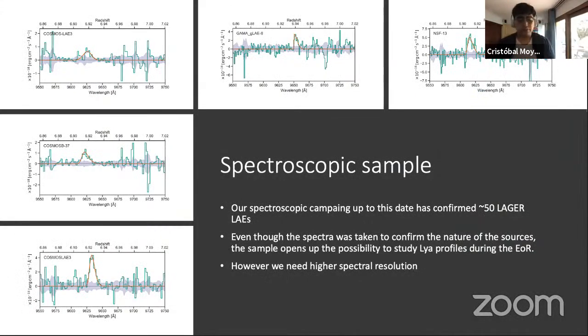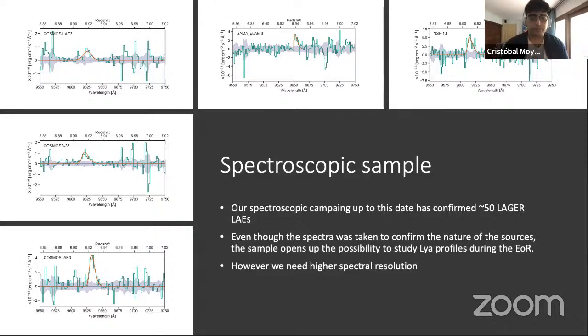Of course, you want to confirm these objects to see if you're actually able to find these Lyman-Alpha emitters at this redshift. So far, our spectroscopic campaign using the IMACS and LDSS3 spectrographs at the Magellan Telescope has confirmed around 50 Lyman-Alpha emitters